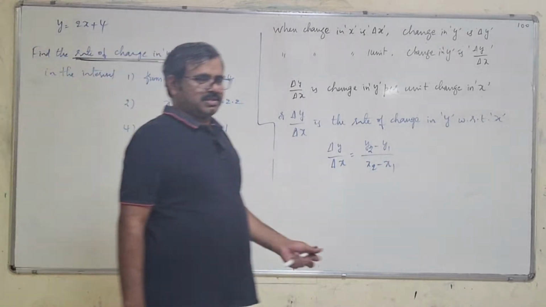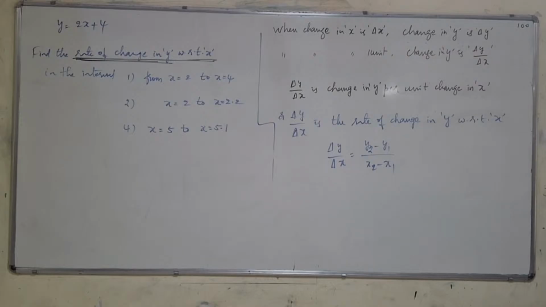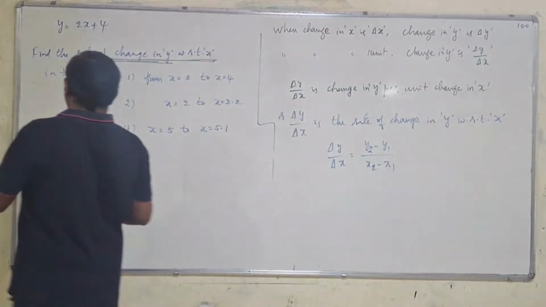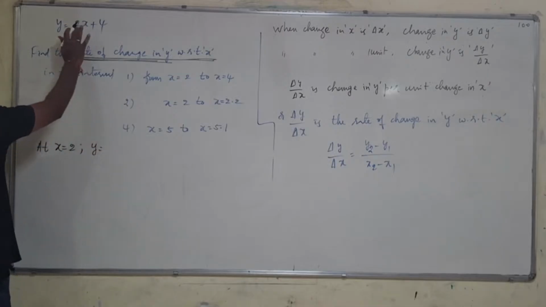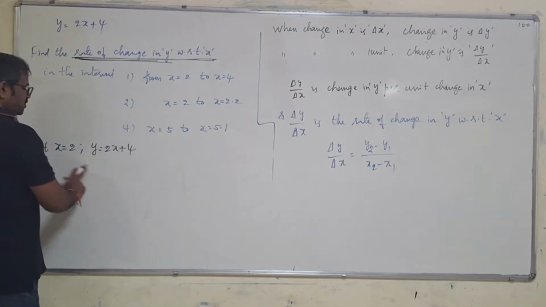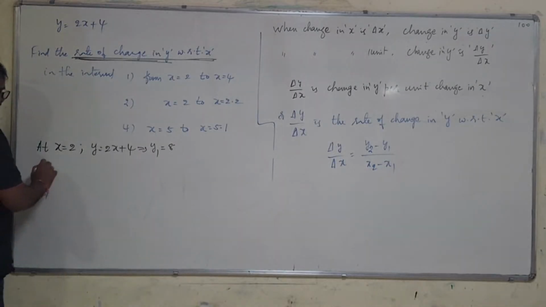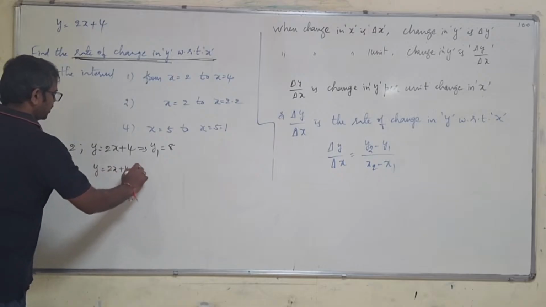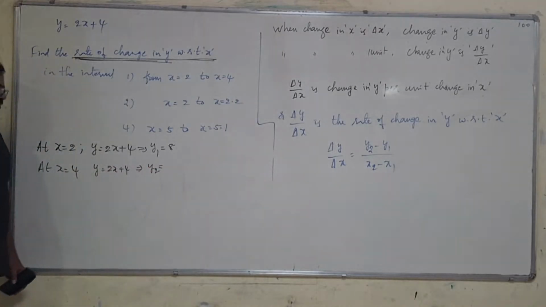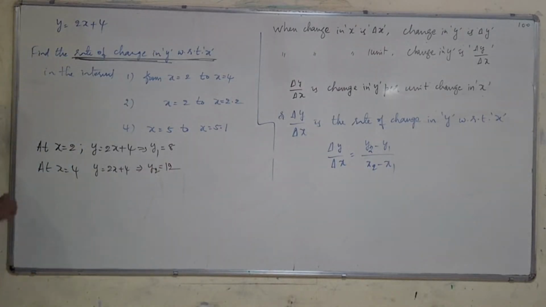In the third case, what is it? Look, at x is equal to 2, what is y equal to? 2x plus 4, substitute x is equal to 2, what do you get? 8. When x is equal to 4, what are you getting? Y is equal to 2x plus 4 means you will get y is equal to how much? 12 in the first case,